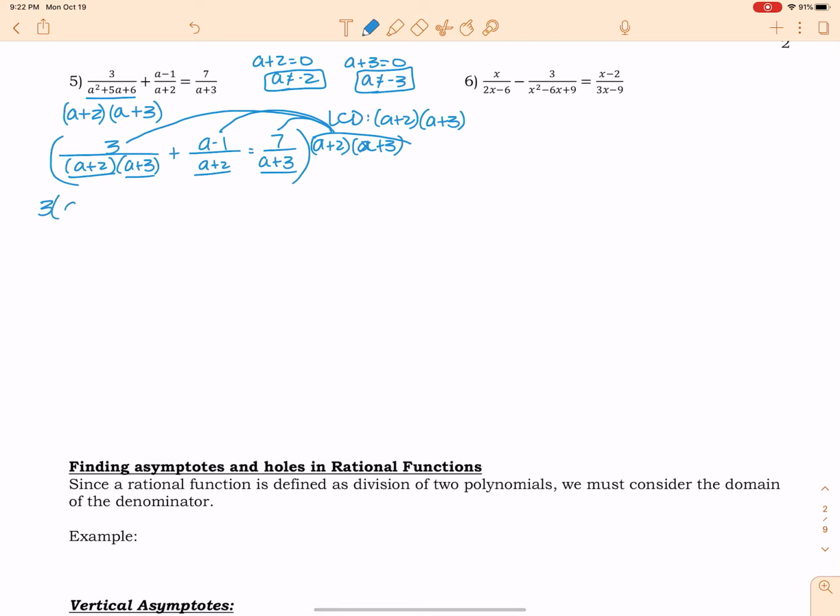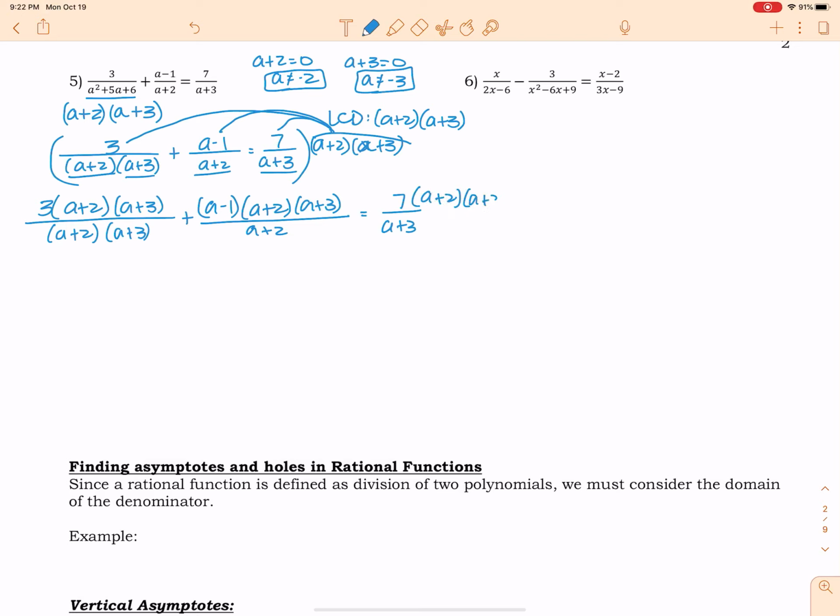So I've got 3 times a plus 2 times a plus 3 over a plus 2 times a plus 3, plus a minus 1 times a plus 2 times a plus 3 over a plus 2, equals 7 over a plus 3 times a plus 2 times a plus 3. Okay, now we get to start